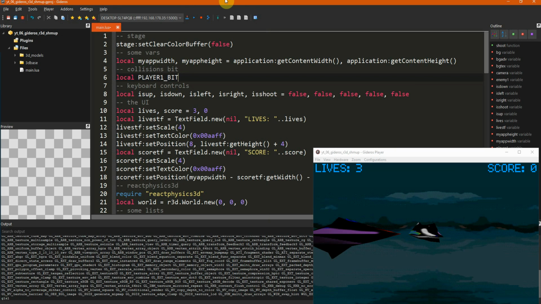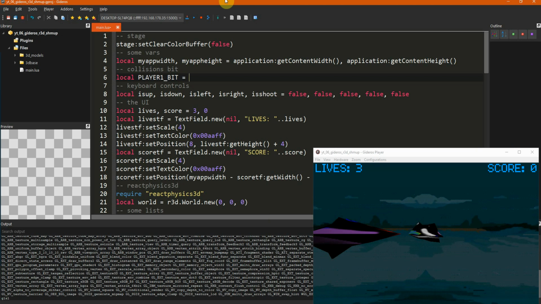Player 1 bit. So that's going to be the collisions bitmask for the player 1, and it needs to be a power of 2. So I can create the variable, so it's just a number. I'm creating a number, but it needs to be a power of 2.